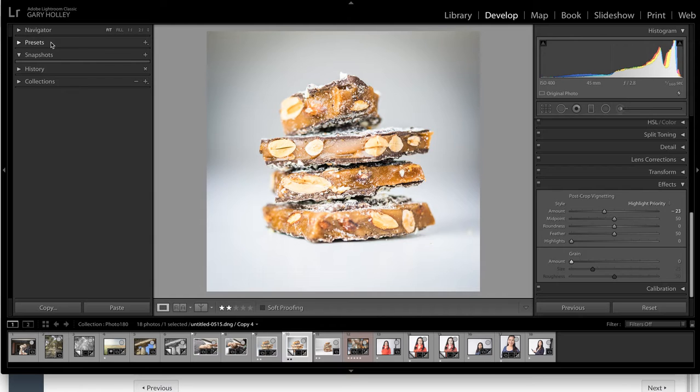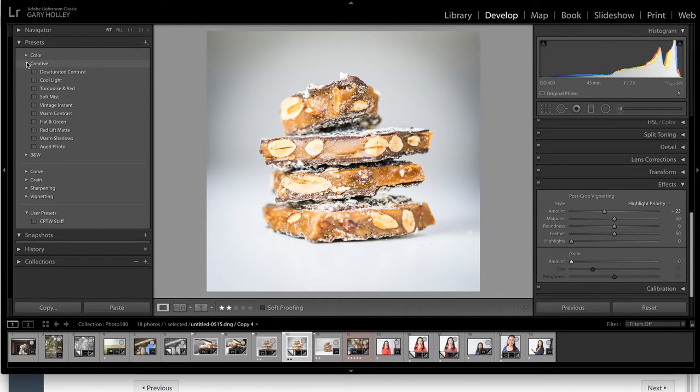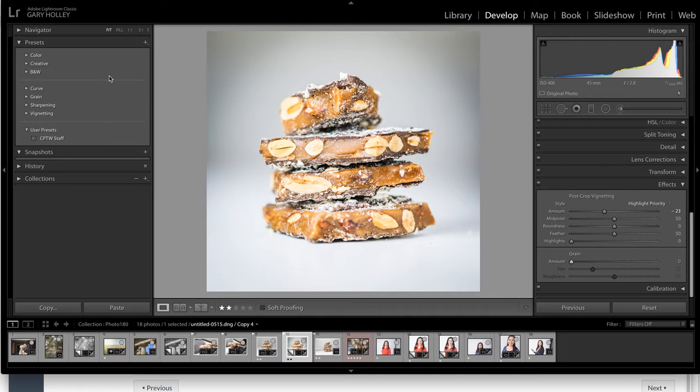So under the presets panel here on the left-hand side, I don't have to open it, but I can. We can see what our presets currently are. Now these are the default presets that came with Lightroom. And down here we have user presets. Those are the ones you create, and that's where they'll be stored. So here, if I click on this and say create preset,